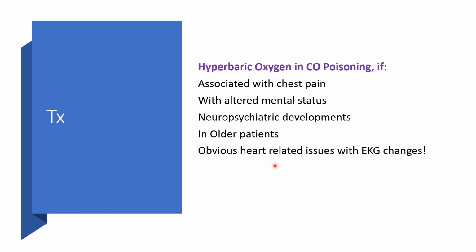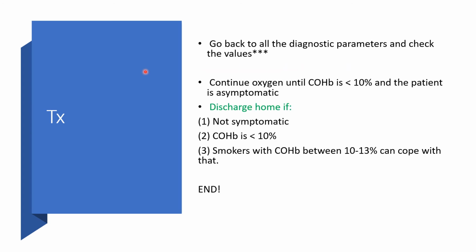Obvious heart-related issues, when the EKG has been, like if you have listened to my presentation on diagnosis, now I've stated there that you may have to run your EKG because the heart might be affected. In fact, you can check the cardiac enzymes, troponins and CKMB, where the heart may be affected. You might be running into myocardial infarction, known as heart attack. And lastly,